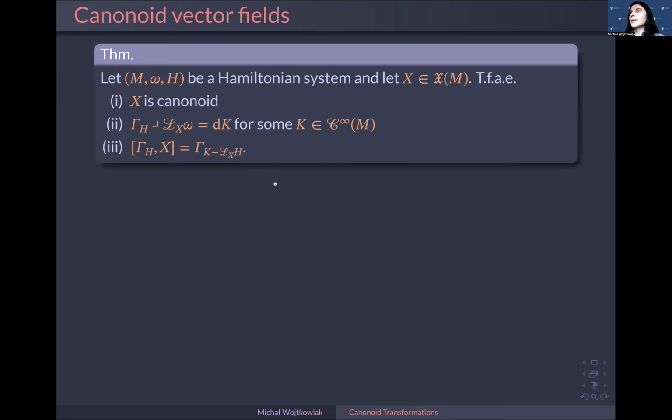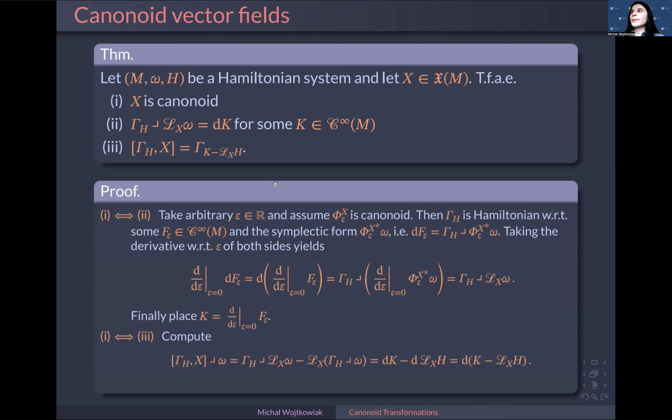And the proof here is actually very simple. We simply take the condition of being Hamiltonian. So since gamma h is Hamiltonian, with respect to the pullback of omega, we can take the derivative along epsilon of both sides. And if we call the function that the new Hamiltonian vector field is Hamiltonian with respect to f epsilon, then we get the new Hamiltonian